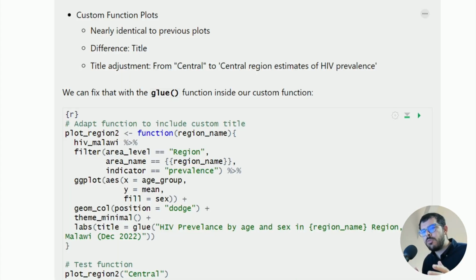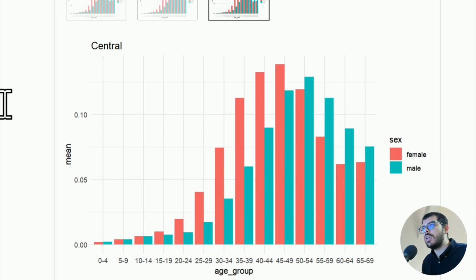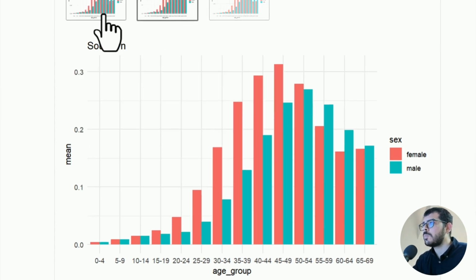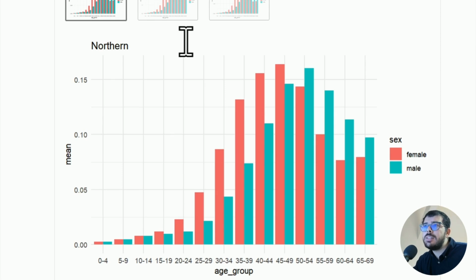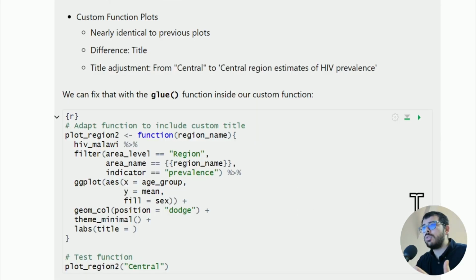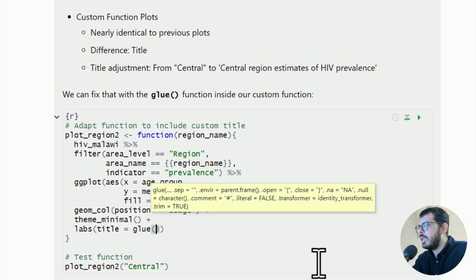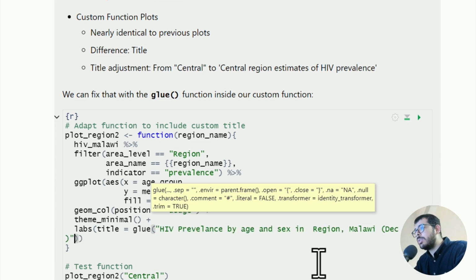Now, before we move on, I would like to discuss the glue function. As you can see, the only difference between these plots is the title. And that's quite disappointing because in this case we cannot add more details in the title. To mitigate this, we can use glue, and the way to do it is to go to the title here and use the function glue. And within that function, we can put our